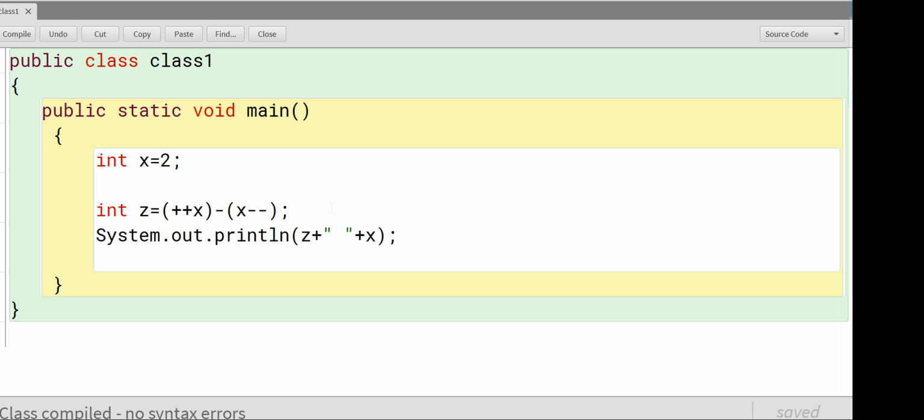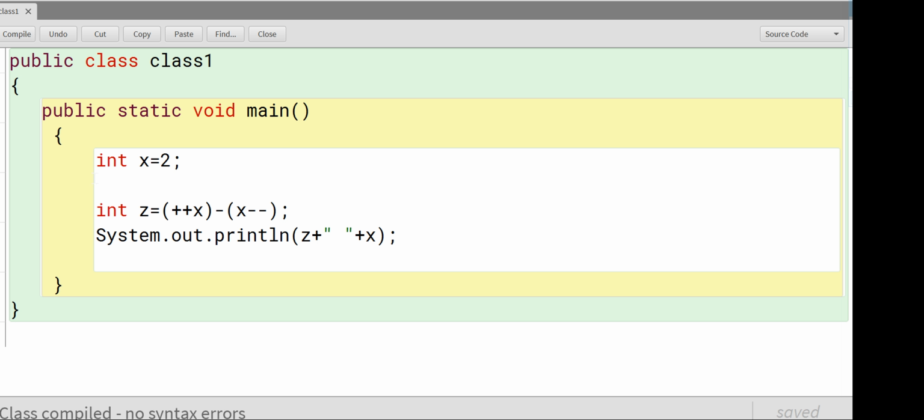Because we have to use two kinds of increment and decrement operator. The first type is postfix and the second type is prefix. So what will be the result if we are using a prefix operator, and what will be the result when we are using a postfix operator? First of all, you should recognize when it will be used in the prefix form and when it will be used in the postfix form.